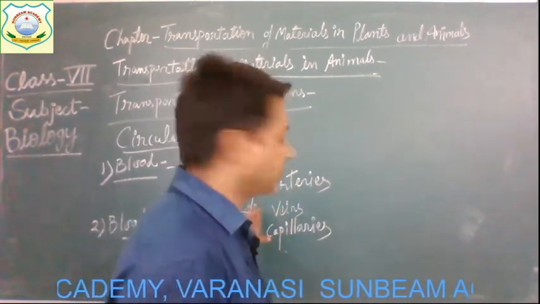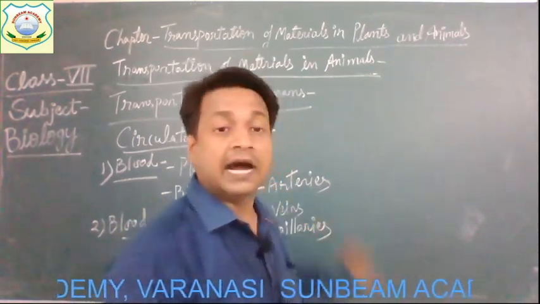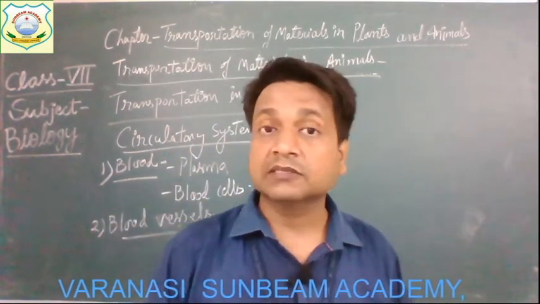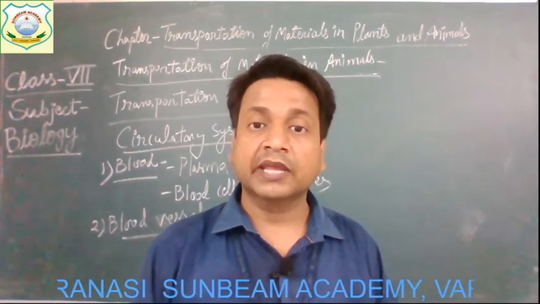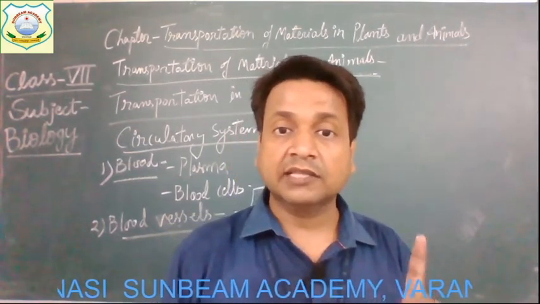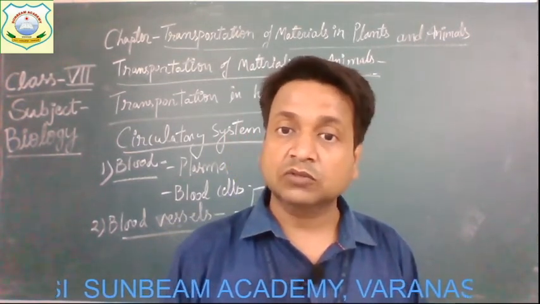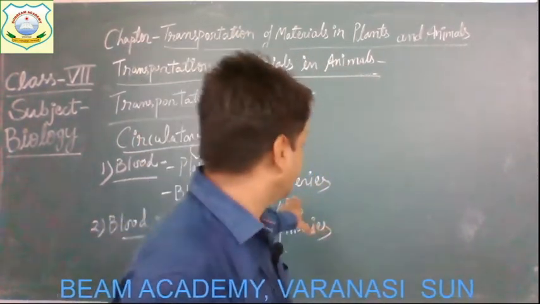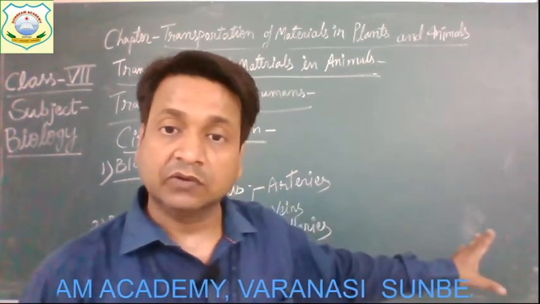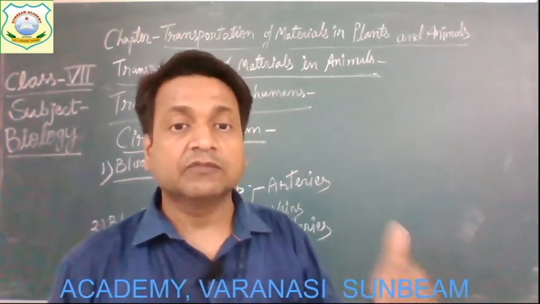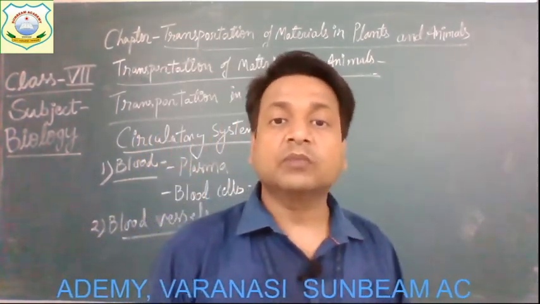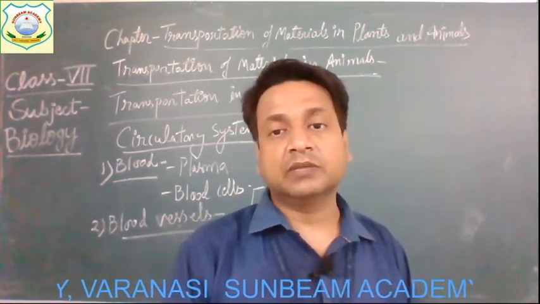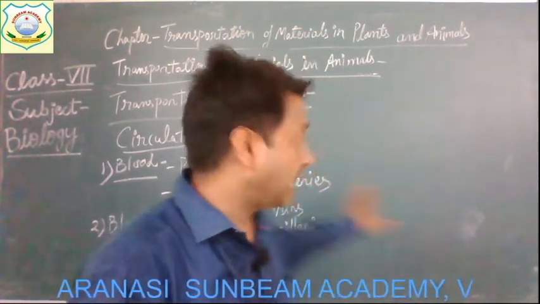So come one by one. The first one is the arteries. They carry the oxygenated blood. Oxygenated blood means oxygen rich blood. Remember that the hemoglobin carries the oxygen rich blood from the lungs to all parts of the body, so that it is carried through the arteries. So from the heart, the pure blood or the oxygen rich blood is circulated to all parts of the body by the arteries.